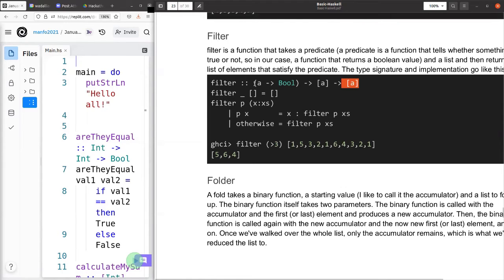So filter applies this function, its first parameter, to this list of A's. When an A meets the condition implemented in the function, it is kept in the final list. So filter really does what it sounds like: filtering a collection of things based on some conditions. So if we go back here as an example,